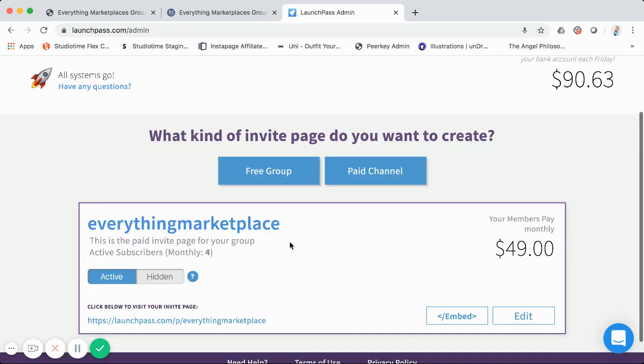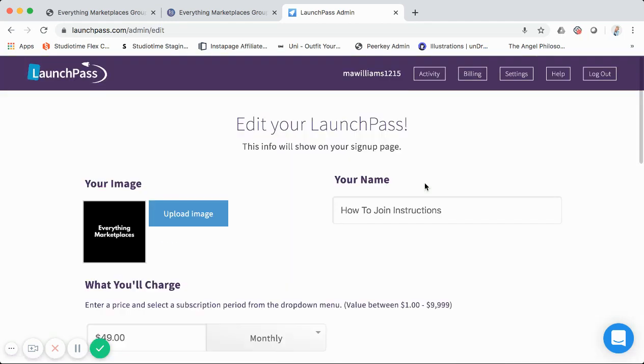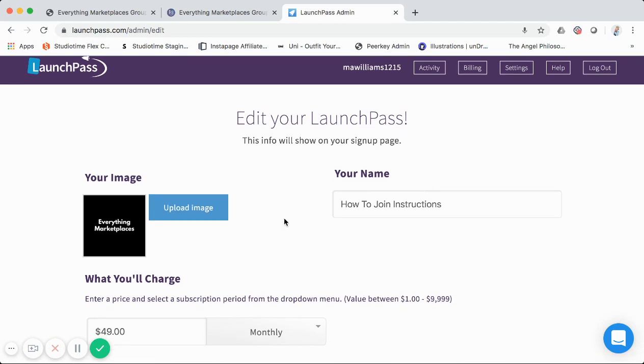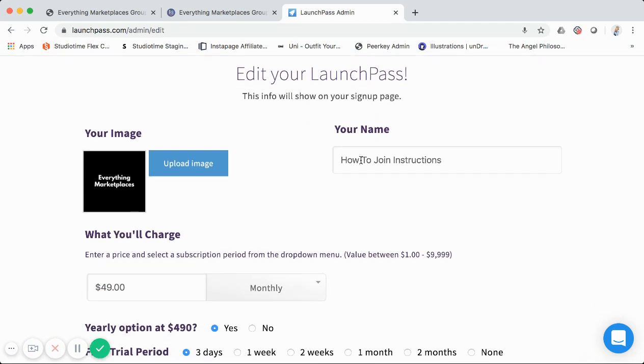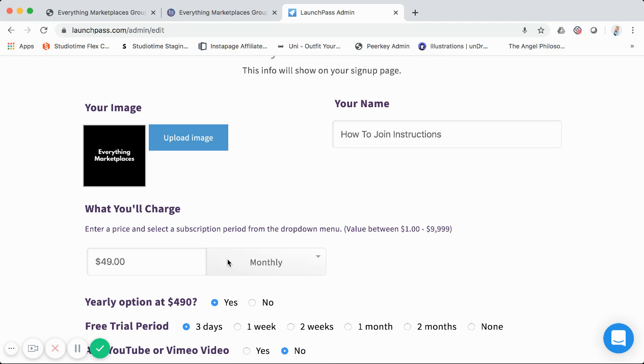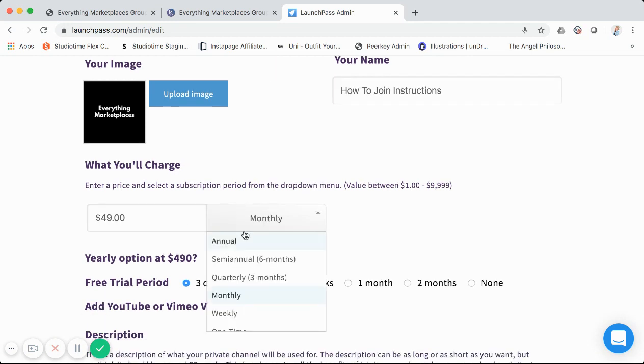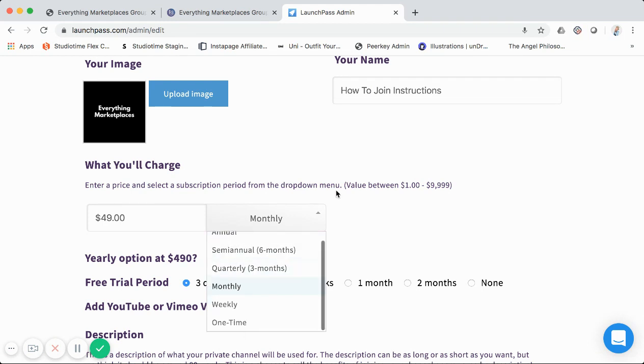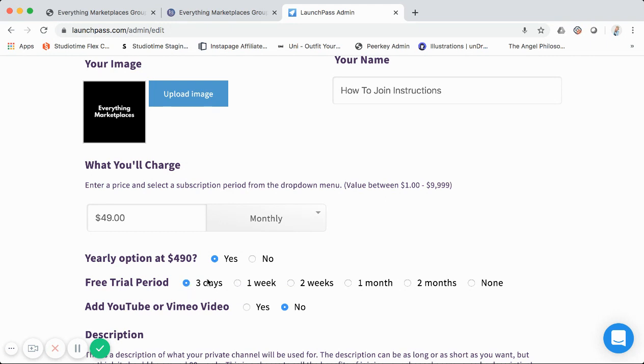And this is it right here, as I mentioned. So we'll just get into this. Let's just edit it so you can see how I set it up. Basically, you can select right here the amount that you want to charge. I entered $49 monthly, but the options I could have chosen were annual, semi-annual, quarterly, weekly, or one time. And the free trial functionality is as simple as just selecting this 3-day